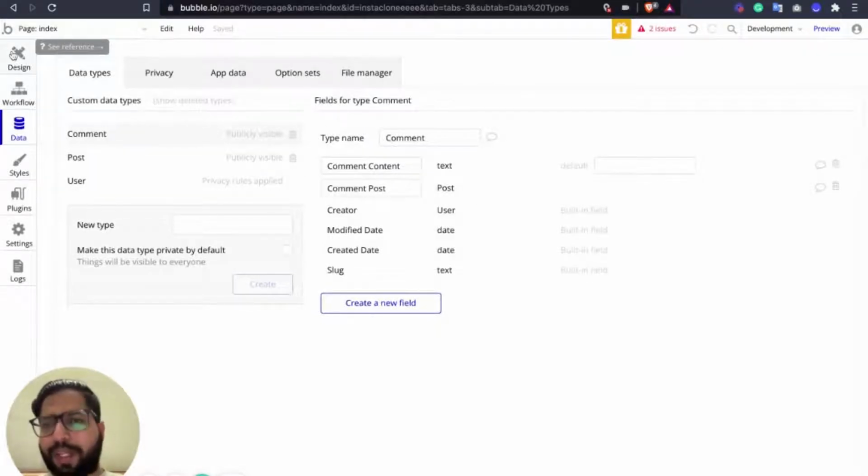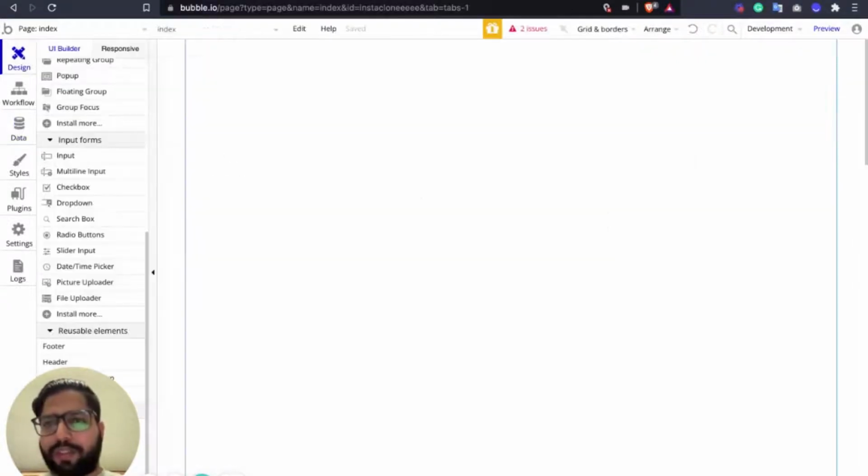Later on we're going to add a few more things, but to start with the basics, we're going to start with this and beautify the whole look and feel of the application, and a few other things we're going to add at a later stage.